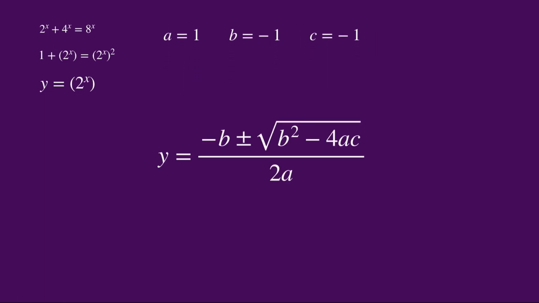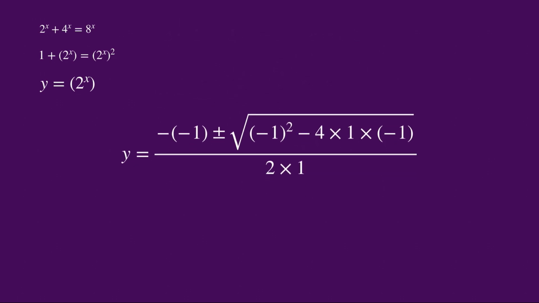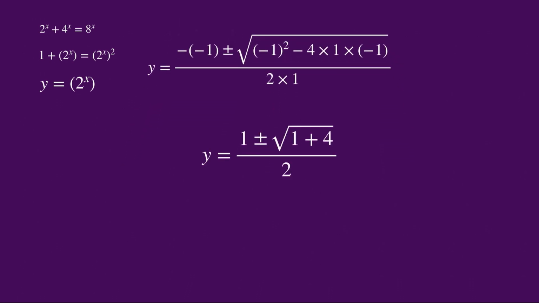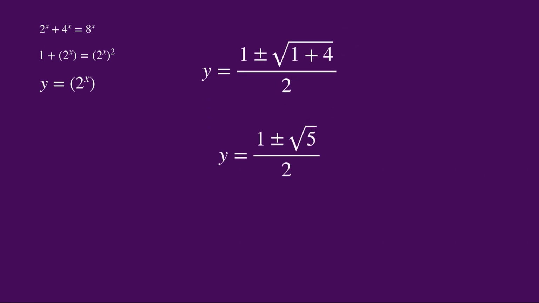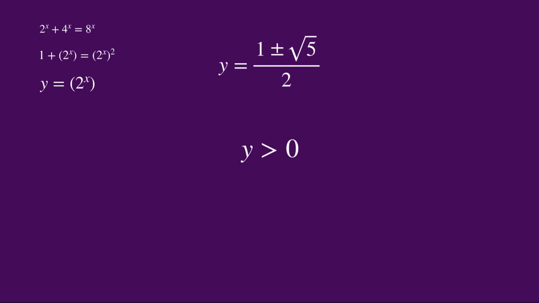For this we have our quadratic formula like this, and in the next step we will put all the values, and if you simplify all this, it will be y equals (1 plus minus root over 1 plus 4) over 2, and this further simplifies to y equals (1 plus minus root 5) over 2. Now since 2 to the power x was greater than 0, that is y is greater than 0, we cannot have a negative value here. y will be equal to (1 plus root 5) over 2,